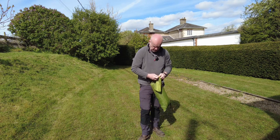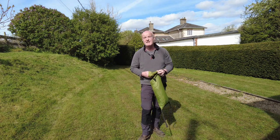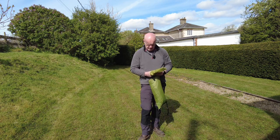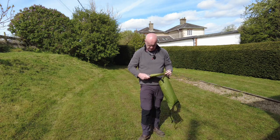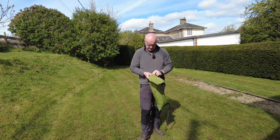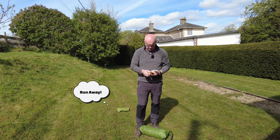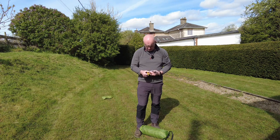First of all, it comes with, I believe, some pegs, and one of the things I'm going to be doing today, as I've had this tent now probably 6 weeks or something like that, is seam sealing, because when it comes from the manufacturers, none of the seams are sealed. I don't quite understand the technicalities of it, but they can't do it at the factory, or in order to make it the price that it is. So it comes with, we've got 1, 2, 3, 4, 5, 6, 7, 8 of its own